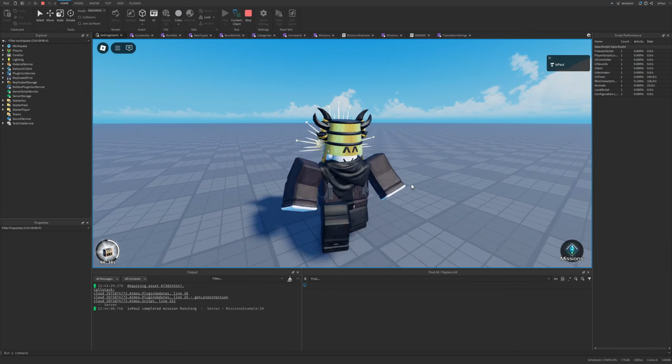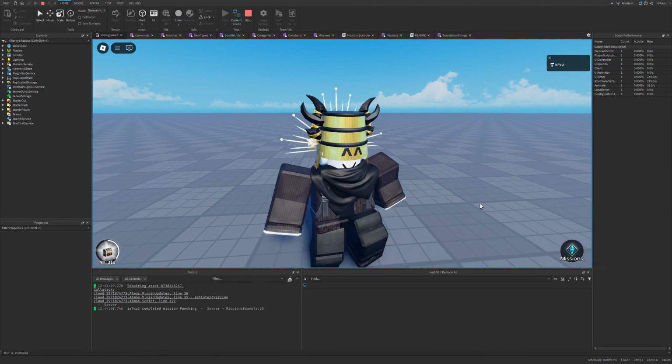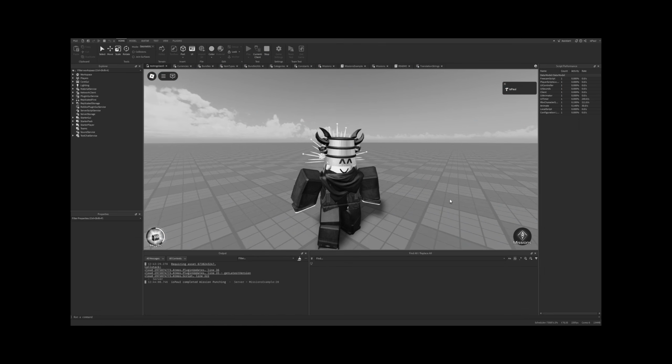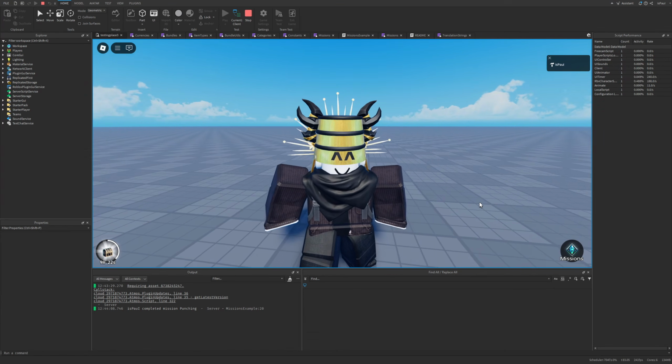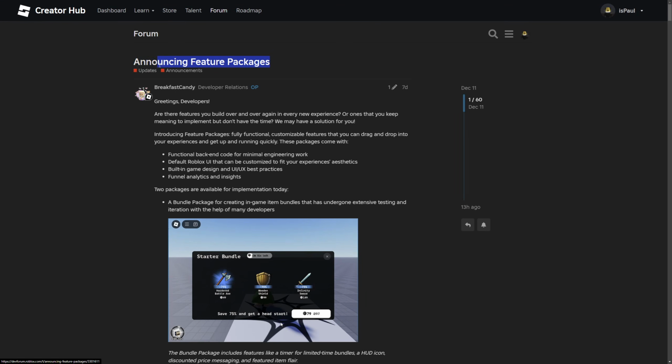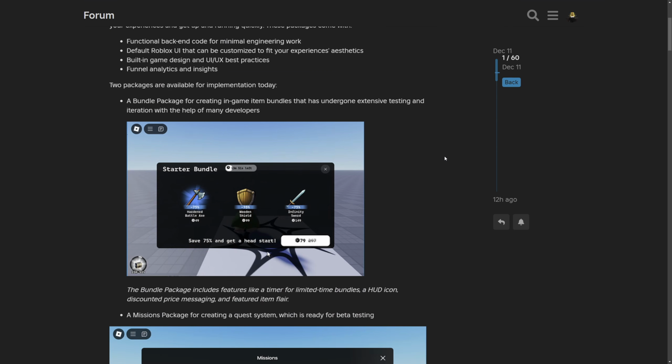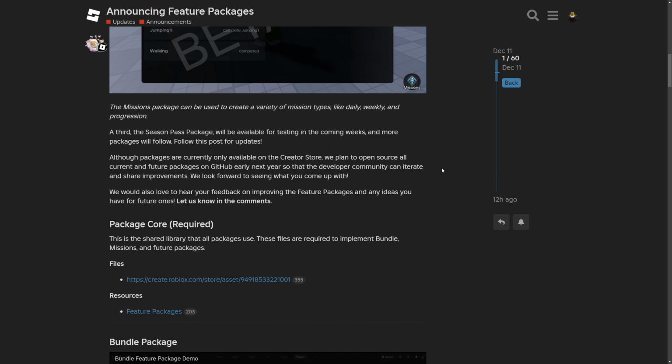So yeah, I'm a little bit tired from this framework. It's really easy to implement, but not so easy to customize. But anyways, let me just go to the Devforum post right now, where here we have this post announcing feature packages. So again, this is going to be basically what I already went over, but with a little bit more information,